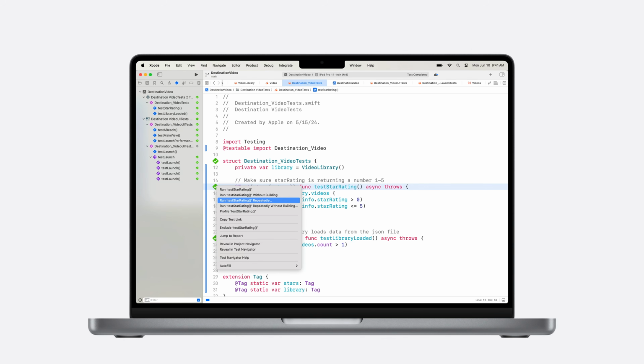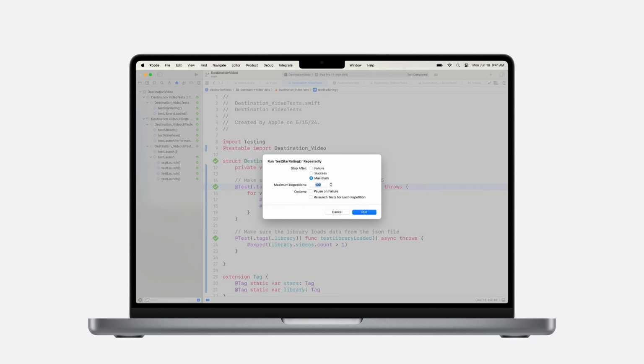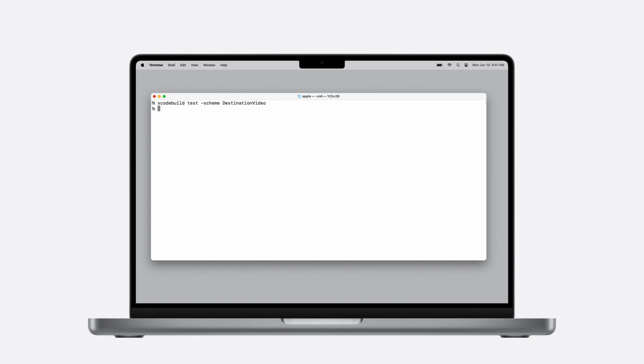I showed you how to run an individual test already, but there are many other ways to run tests as well. If you have a test that usually passes but sometimes fails, you may have a race condition or some other non-deterministic behavior. Use Run Test repeatedly in the context menu. You can run the test a fixed number of times or repeatedly until failure. Consider adding logging to your test so that when it does finally fail, you can look through the log to see why. You can run your test from the command line with xcodebuild test. Just specify a scheme, a test plan, or an individual test. This works great with tools like git bisect to find out when a regression was introduced.